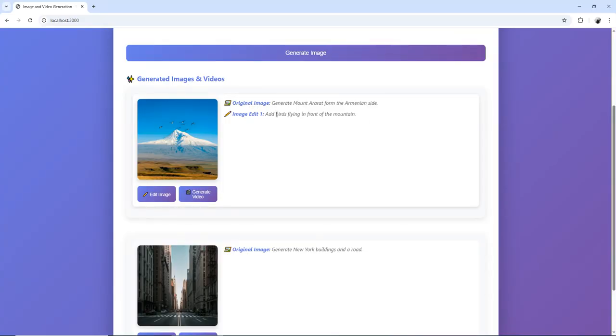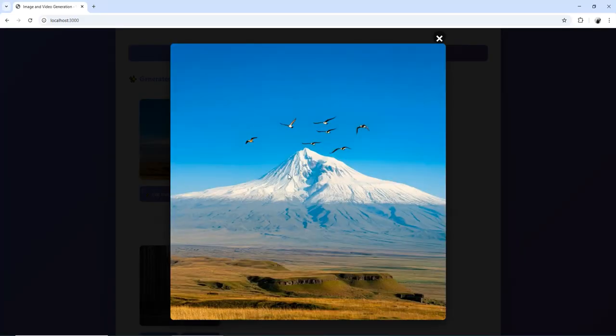Now we have the edit prompt and a bird can be seen in the picture.